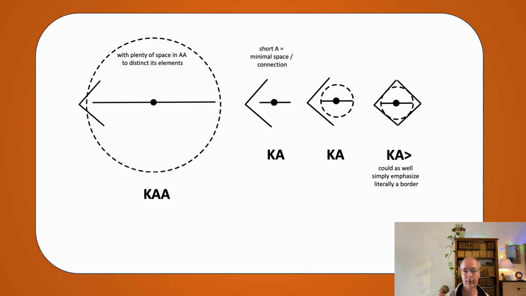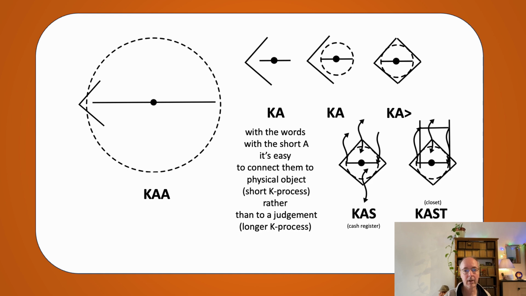And a corner or border also has a little effect as well. So then you can of course develop words that are physical. It's much easier. I have here the word KAAS very quickly, which means a cash register. I have a kast, which is a closet. I can build it up from here very easily and interpret it. I didn't work it out well, but you can easily have something a little bit more physical from there.